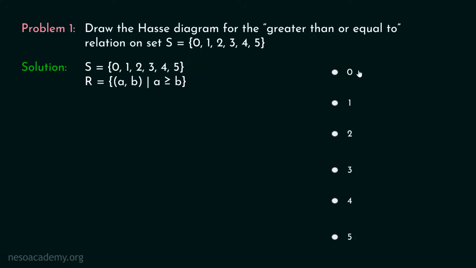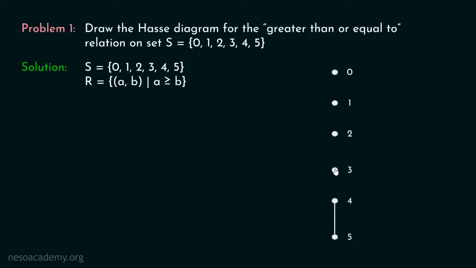Now here's how all the vertices look. These vertices are nothing but the representatives of these elements. 5 is the bottommost vertex here and 0 is the topmost vertex here. Now we know that 5 is related to 4, so we can draw an edge from 5 to 4, and it must be well noted that 4 is not related to 5.